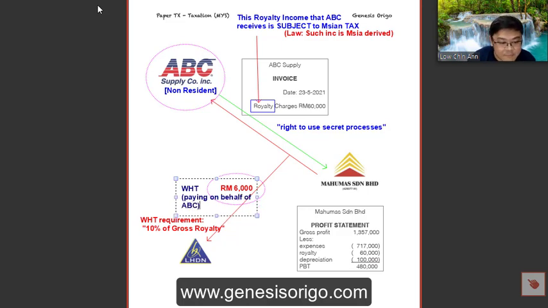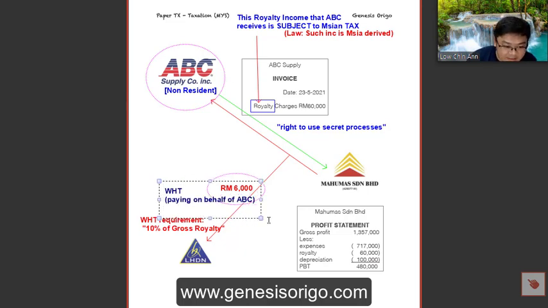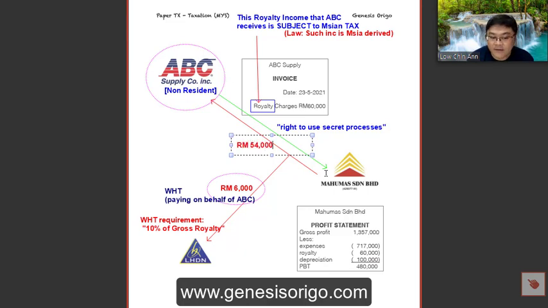So you're helping ABC to settle the taxes. You see that? You take that 6,000, which is 10%, and give it to the Inland Revenue. And then you tell ABC, I can only give you back the balance, because the amount in total is 60, so I'll just give you the balance, which is